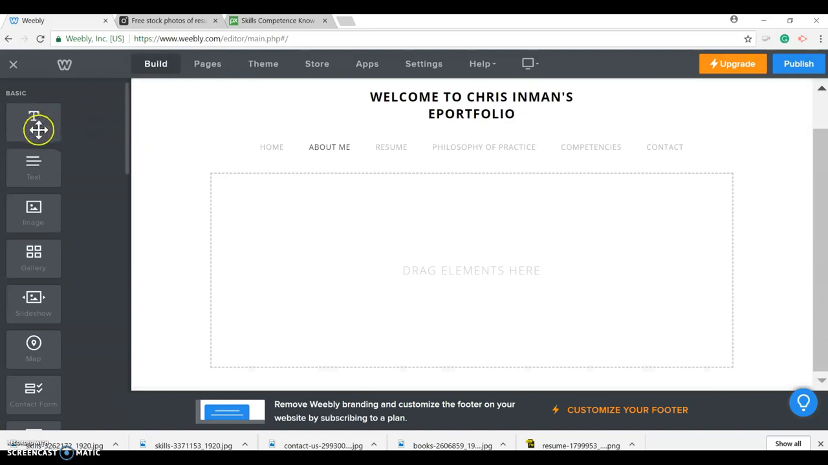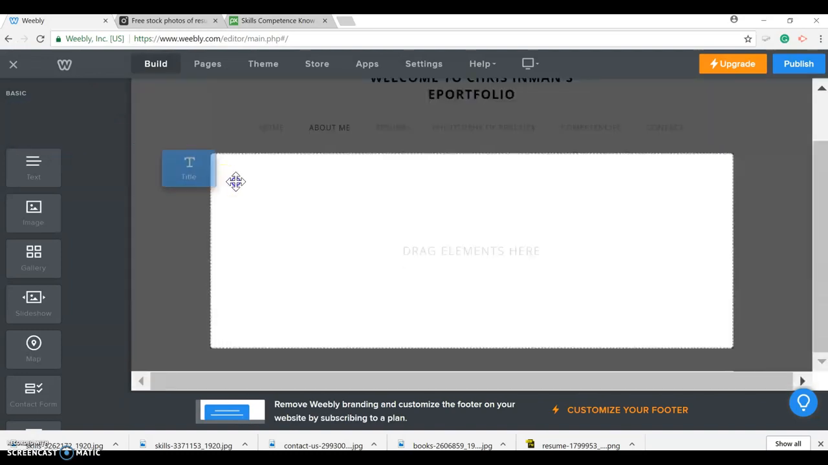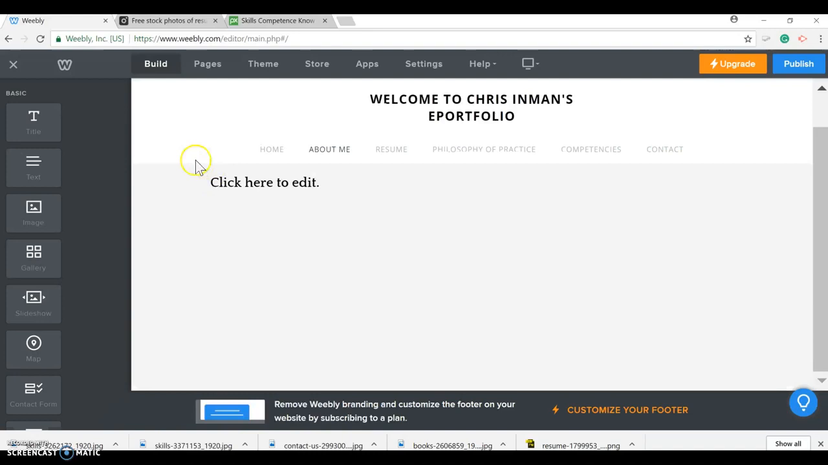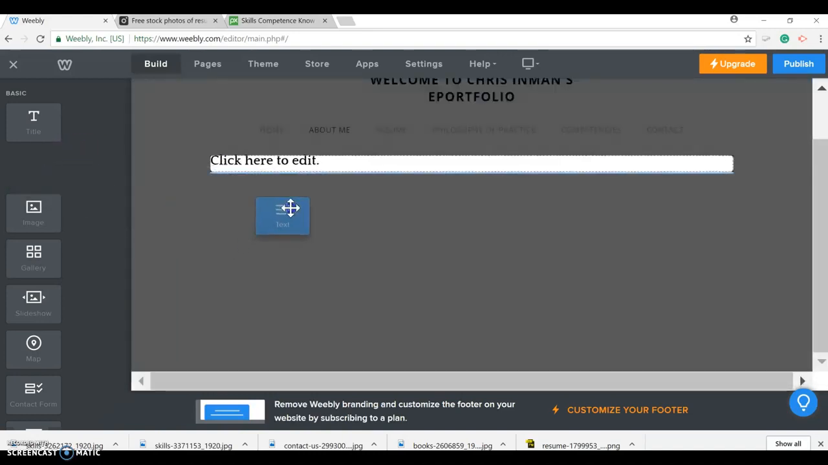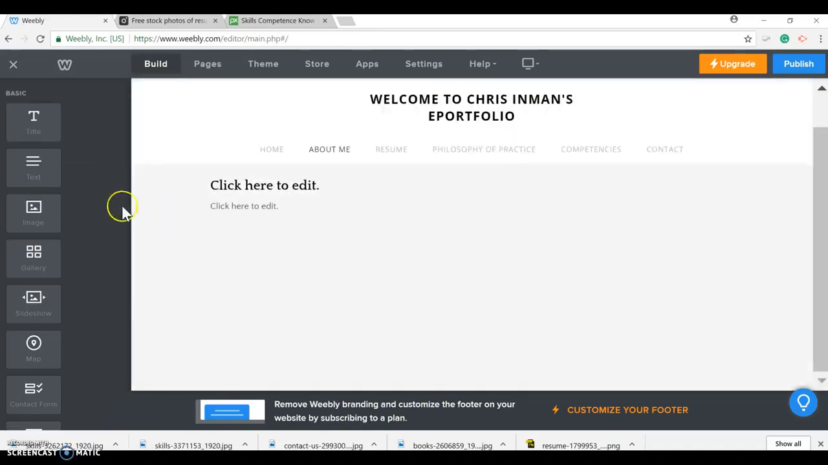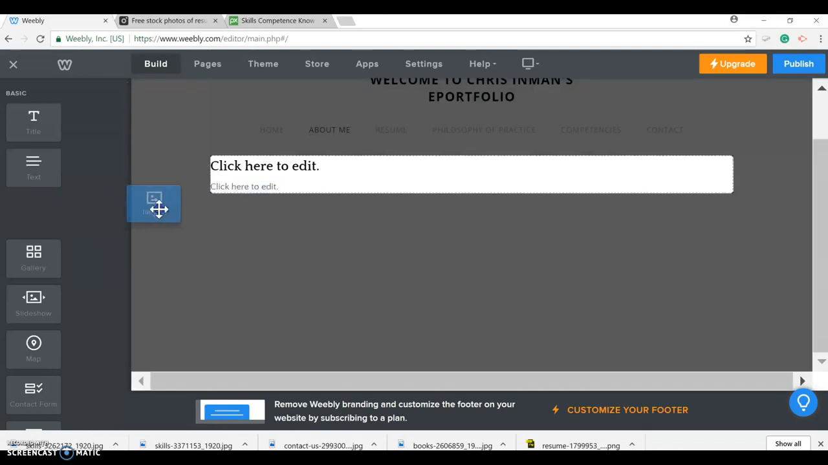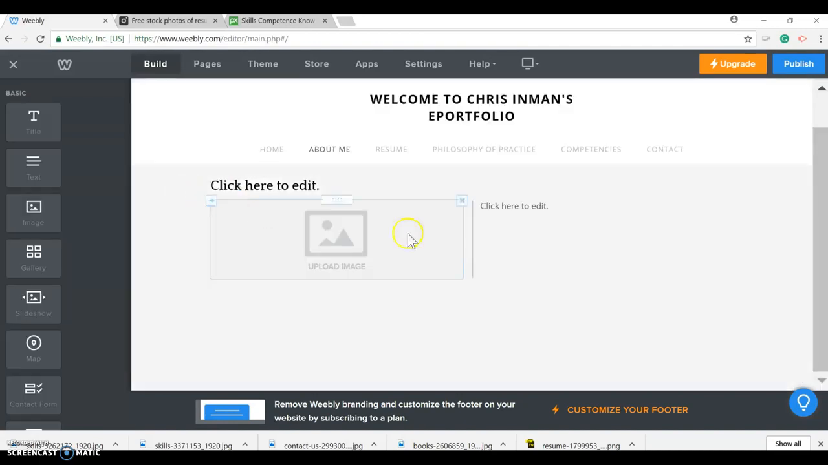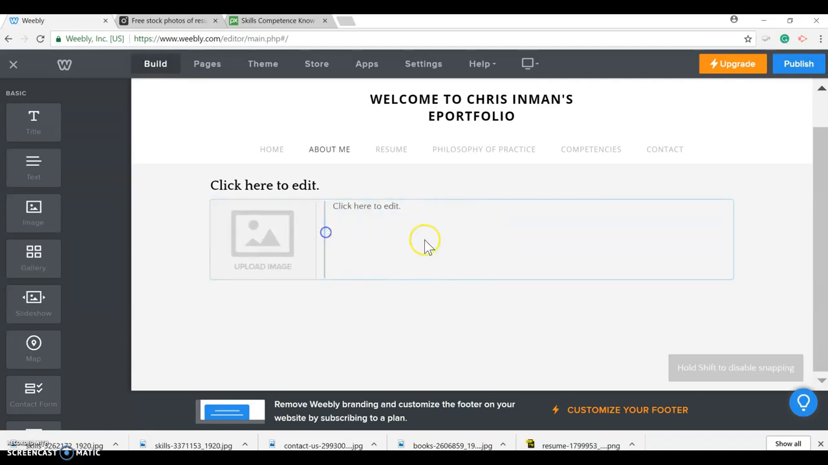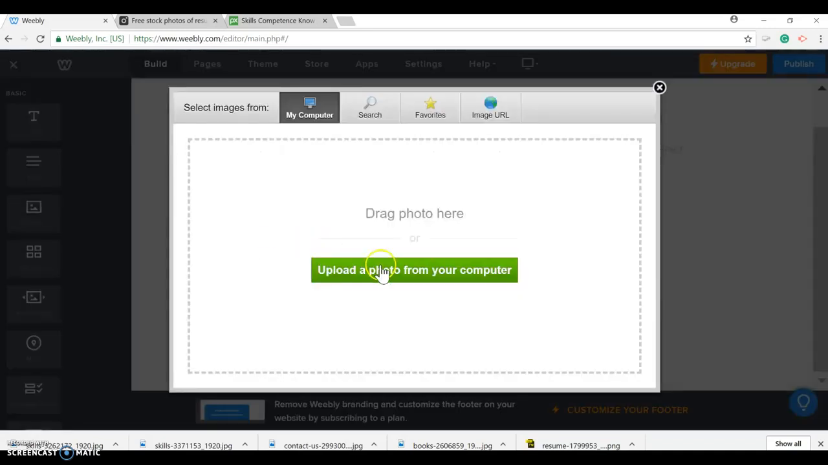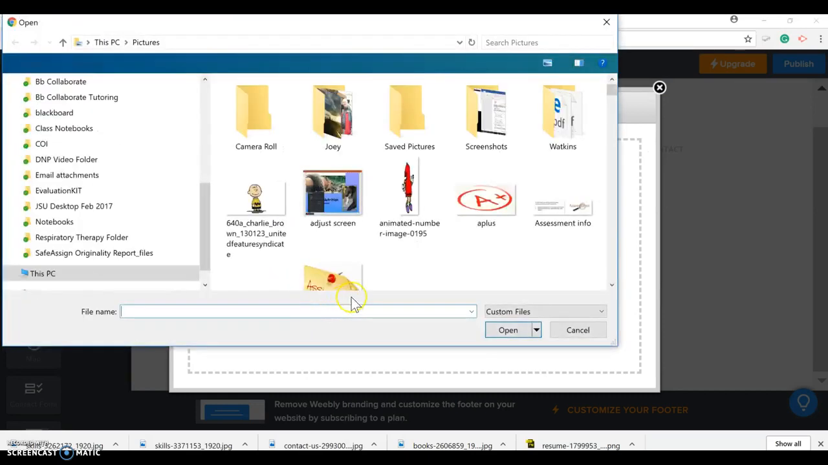Okay, so I grabbed the title, pulled it here, I grabbed the text and dragged it under, and then I pulled the image here, and I'll wait till the blue line shows up next to the text, which is where I want it to go. And I'm going to resize the image so it's smaller. I'm going to click here and click here, get my image,